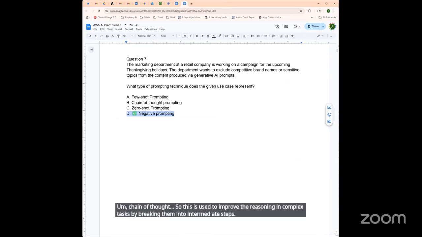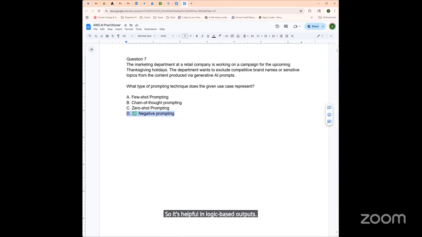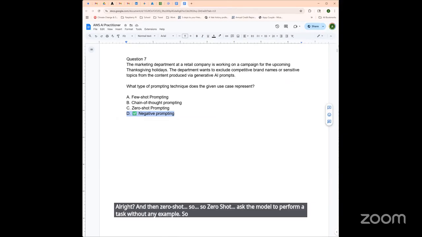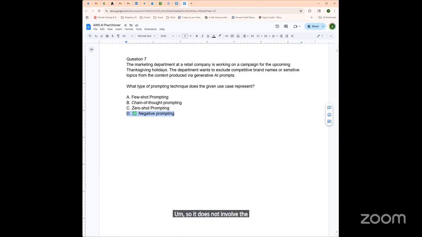It's helpful in logic-based outputs, but doesn't really address content restriction. And then zero shot asks the model to perform a task without any example. So it relies solely on the model's pre-trained knowledge. It does not involve negative constraints or filtering.